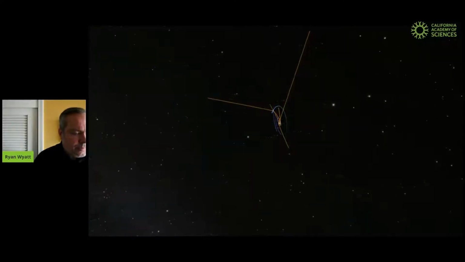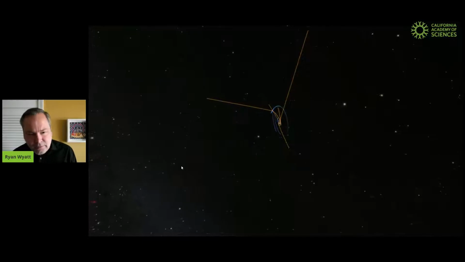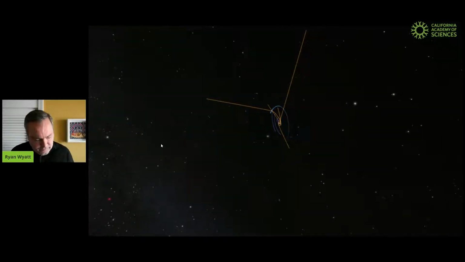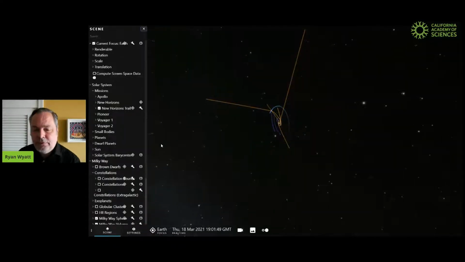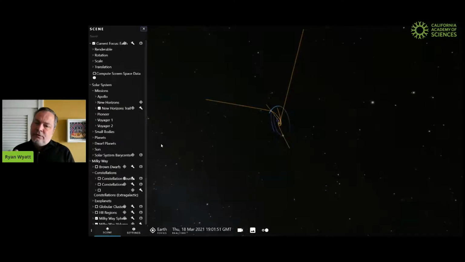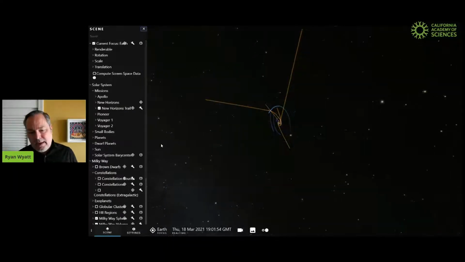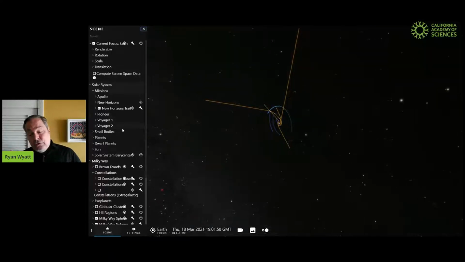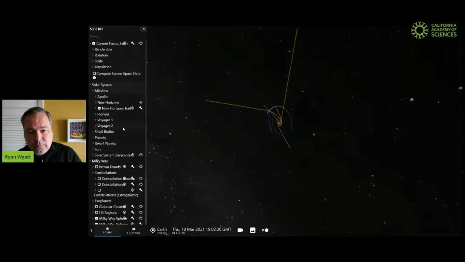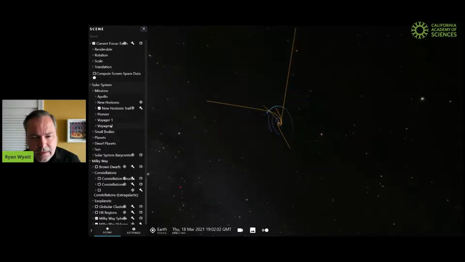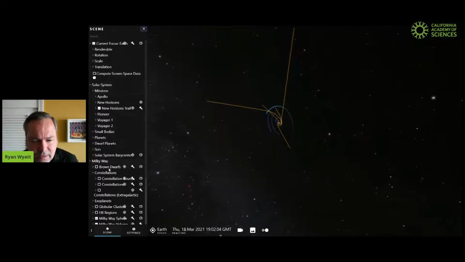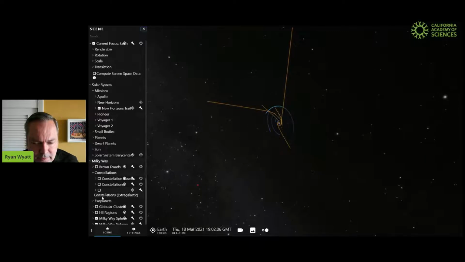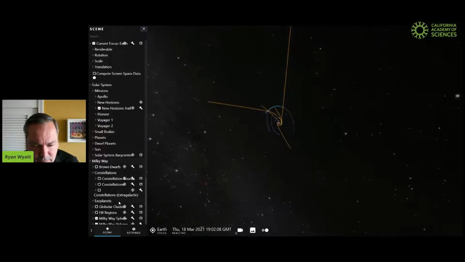But actually, let me bring up those constellation outlines. To do that, I think you need to use the interface. We often try to gloss over this, but as Josh said, one of the great things is being able to hand a controller to someone and allow people to play. And you can do this at home if you download OpenSpace, and we'll share that link in the chat comments. But I'm actually going to turn on the constellation outlines here so that we can talk a little